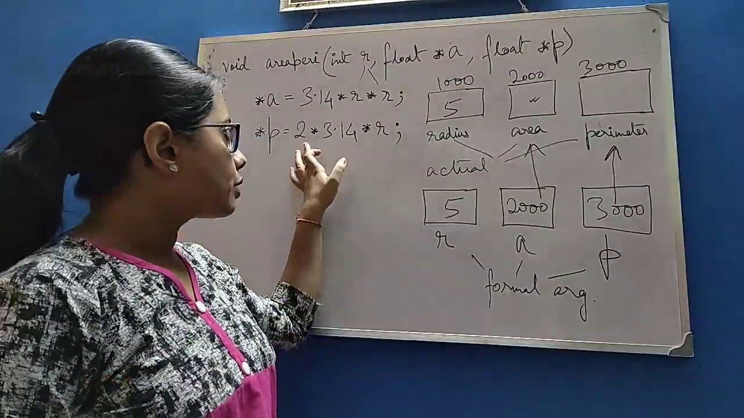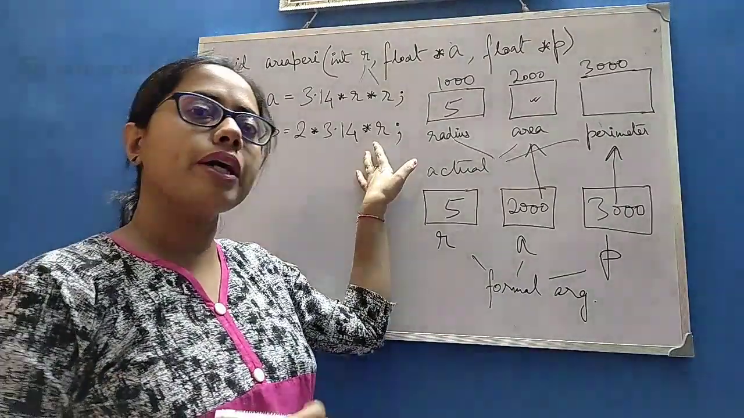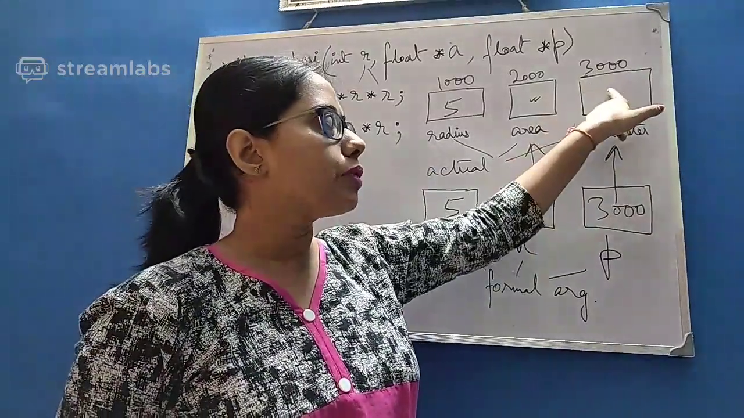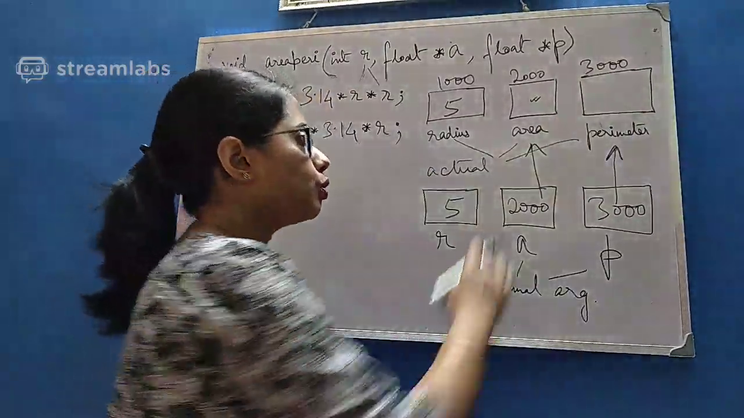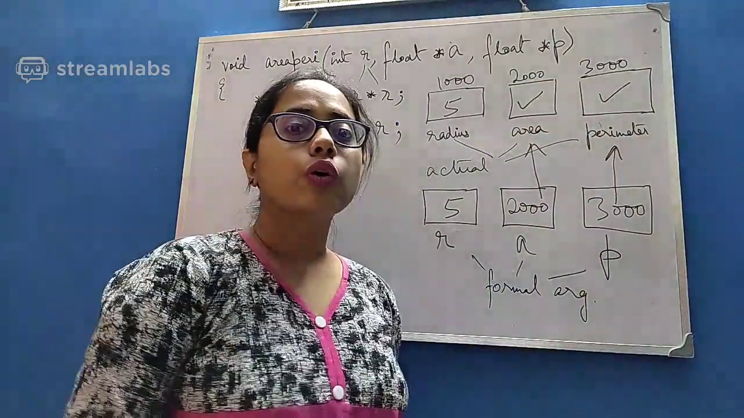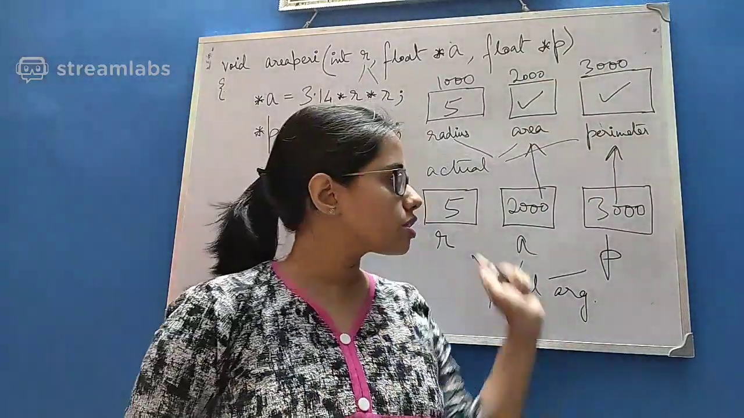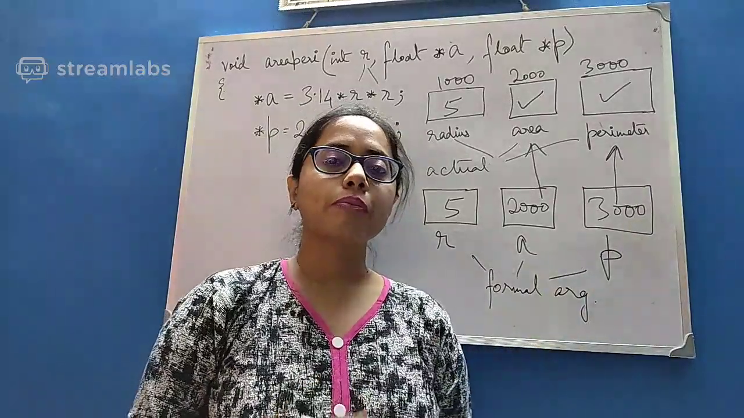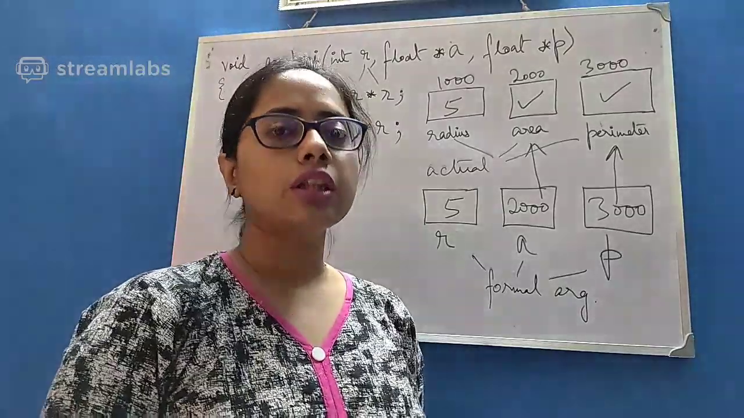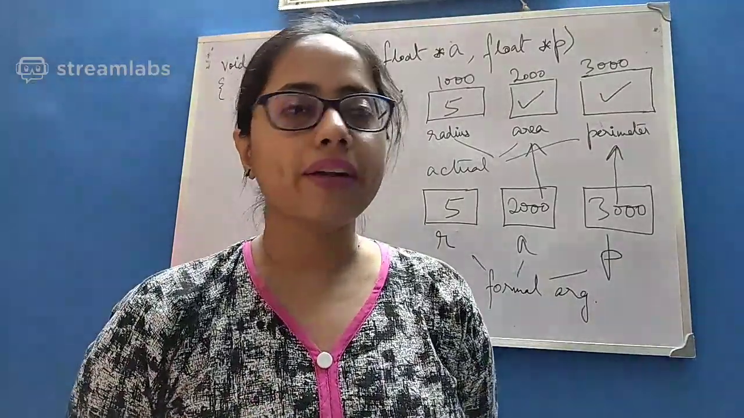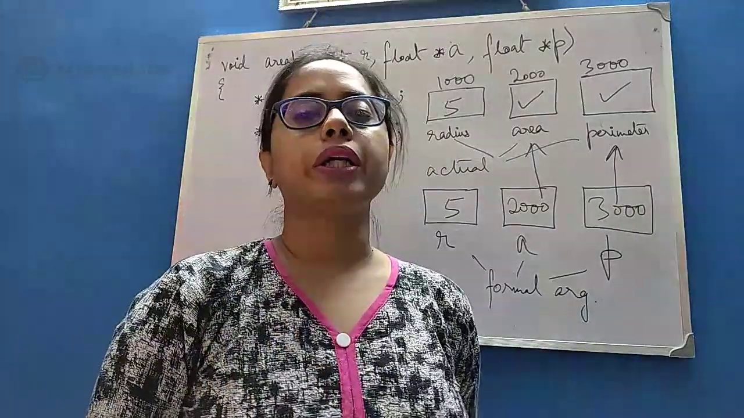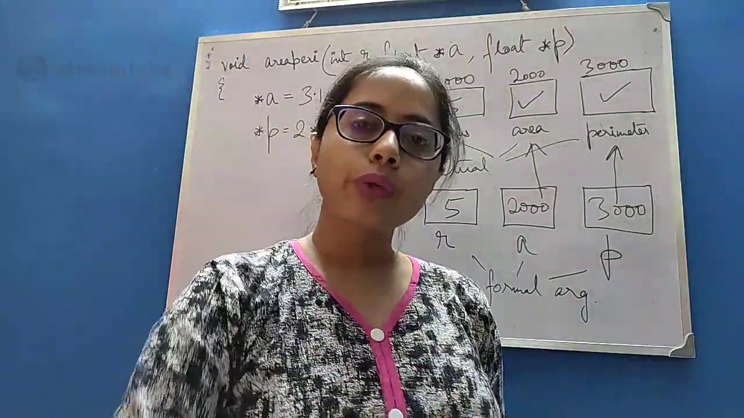Right? I'm calculating 2 pi r, and where am I storing this? In star p. P means 3000, star p means this location. So the values will be actually stored in the original actual arguments instead of getting stored here. So what am I being able to do? I'm able to write a single user defined function using the concept of call by reference. I'm actually being able to store the values of area and perimeter in the actual arguments, which I have printed